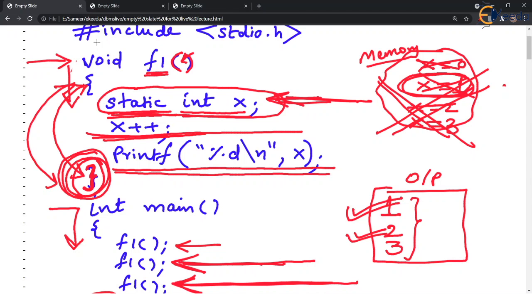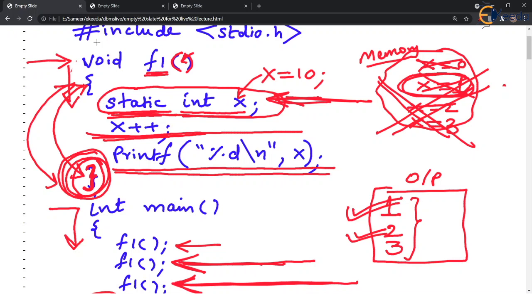Here is my question. I am keeping the entire program intact. The only change I am making is that this x, which was not initialized, I am making x equal to 10. Note the statement now is static int x equal to 10. So only the first time, when we enter this scope, x will be declared, and its value won't be the default 0. Now it will be 10.